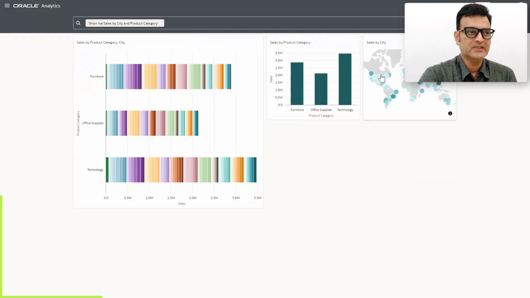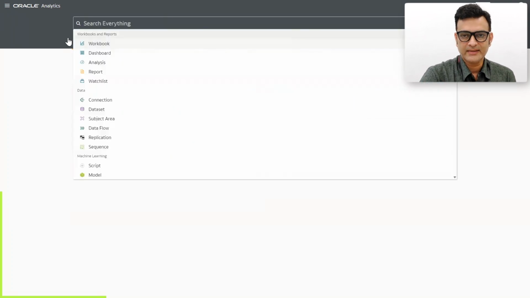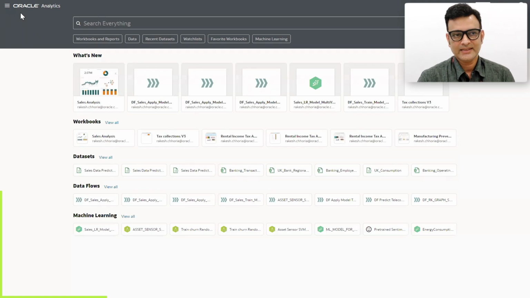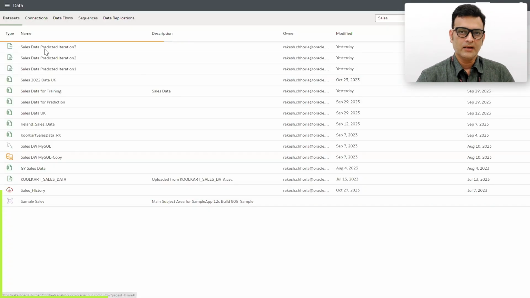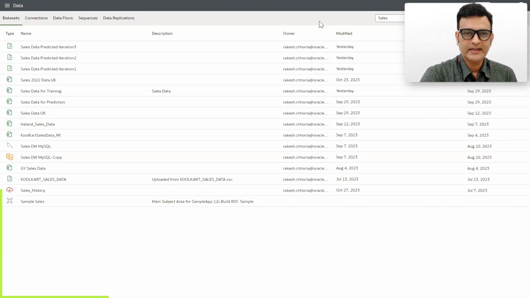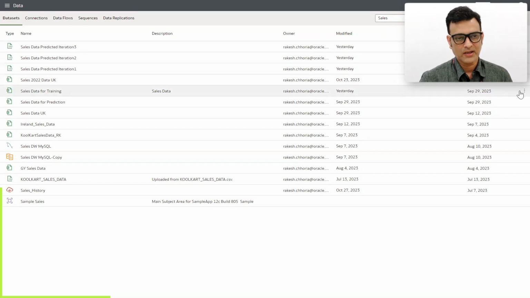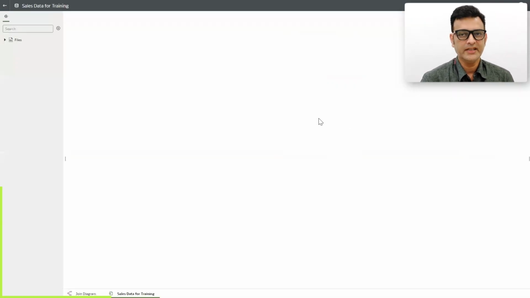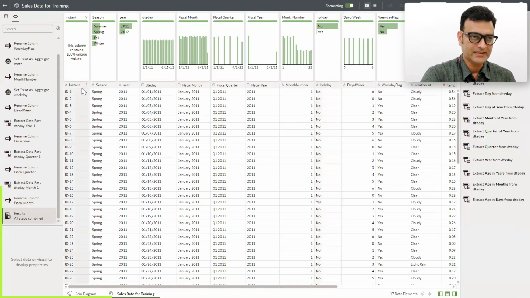Now the second key feature would be around data preparation and data enrichment. If I navigate to the data tab, these are the different data sets that I have when I did a key search with sales. I'll use one of those data sets and show you how it works. This data set contains a set of attributes or columns. On the right hand side, once the data set is uploaded into Oracle Analytics Cloud, the system does deep data profiling and provides these statistics for each of the columns that have been loaded, and it also gives you certain